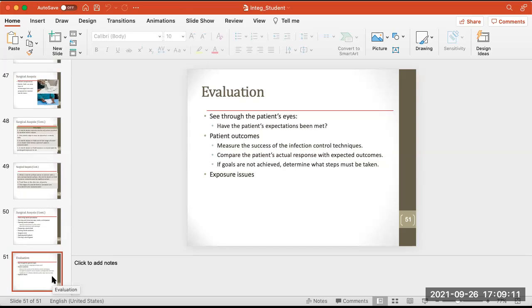Always evaluate whatever you're doing. And the best evaluation is, did you achieve the goal? Did you keep your patient safe? Because the whole idea is to keep the patient safe. Safety does not mean just physical safety, like the patient did not fall. Safety also means the patient did not get pneumonia from being static in the bed. The patient did not get a pressure injury. The patient did not get infection or further infection, or the infection did not spread,